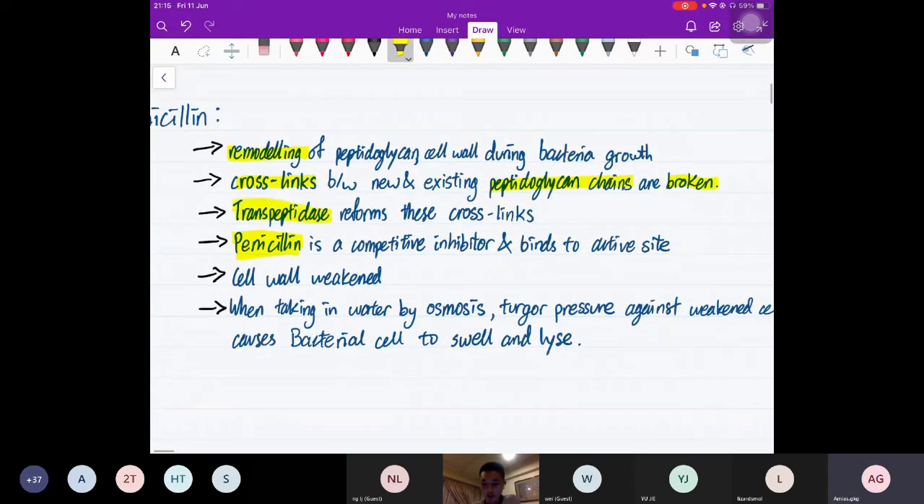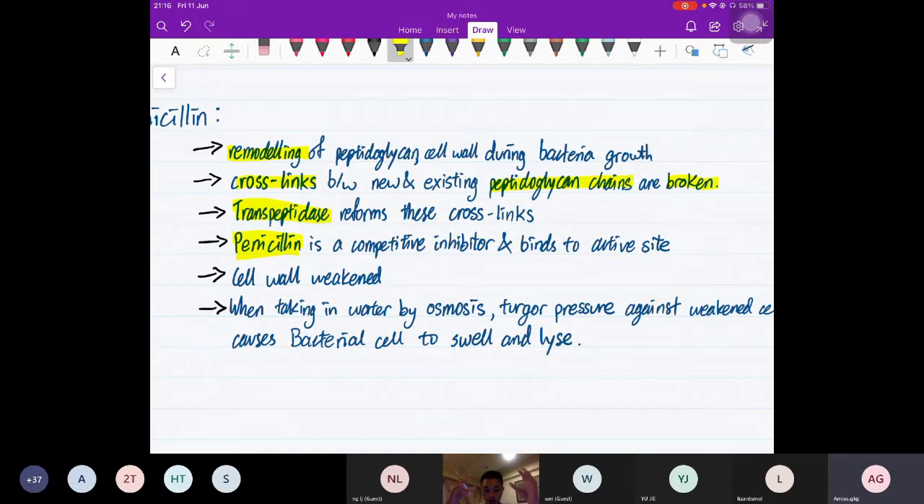If it binds to your active site, now your transpeptidase is no longer able to reform your cross links. The net effect on the bacterial cell is that the peptidoglycan chains are just going to be broken. Usually it's broken and remodeled, broken, remodeled. Net effect, nothing, right? Net effect is you get more. But now you're just breaking it and you're not remodeling it. So the net effect is that it's going to lead to a